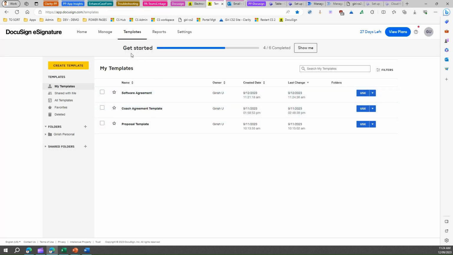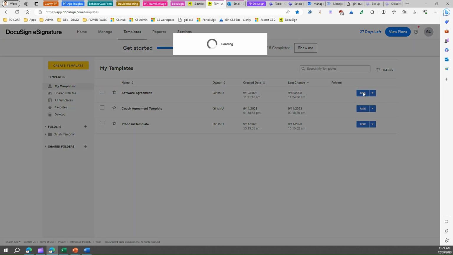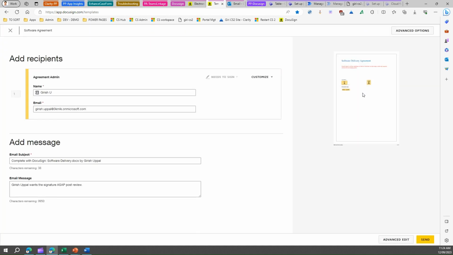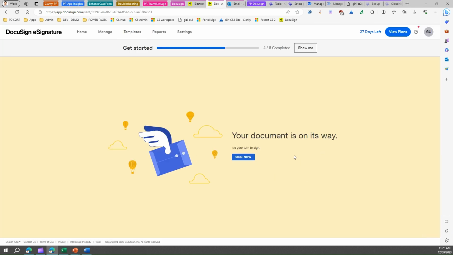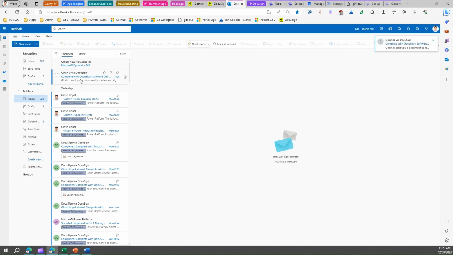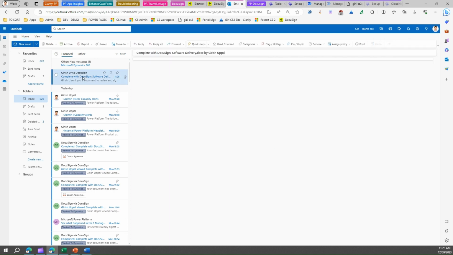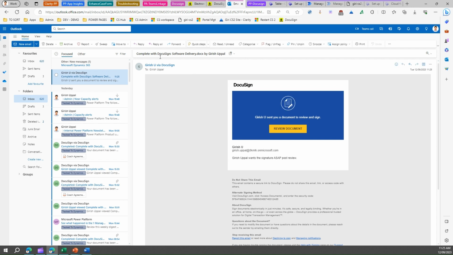Okay, now this is basically a template over here, and I can use this to send across to various parties. So if I click on use over here, then I have created an instance of it, and I'll say okay, now I want this document to be sent. So I'll click on send. Now what happens once I send this document, it says your document is on its way. So if I log into my email address, I should receive an email, which I've already received over here, and it will say, hey,